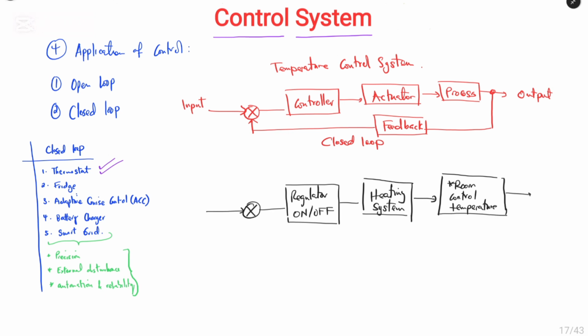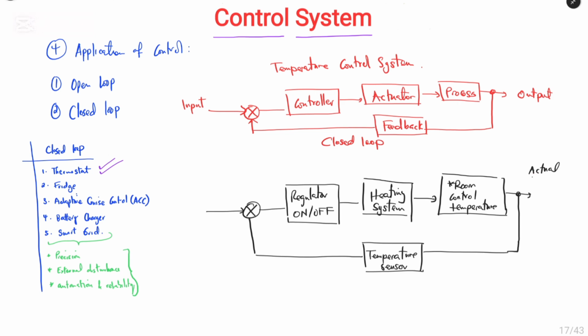This can be the room, and we have the output, and we can have a temperature sensor as our feedback element, which is now connected to the output. The output, we can say the actual temperature, and the input, we can say the desired temperature,